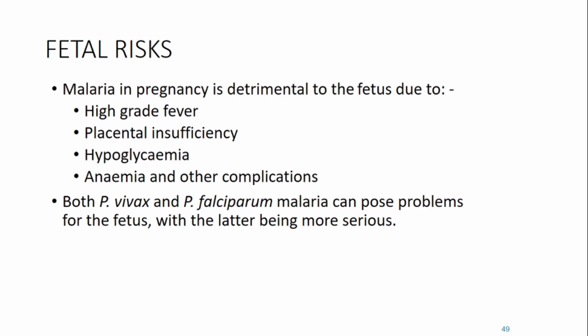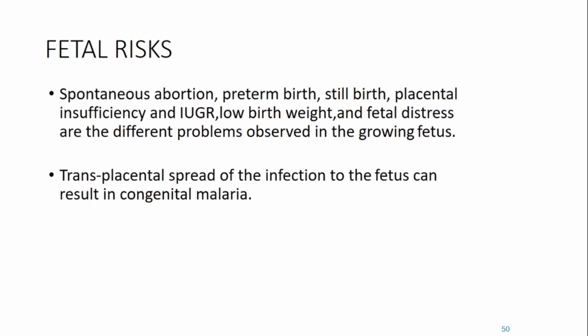So, some of the complications that may be seen in the fetus could be associated with high-grade fever. It could also be associated with placental insufficiency from the chronic inflammation at the placental bed, as earlier discussed. Hypoglycemia in the mother could also affect the fetus adversely, and maternal anemia may also lead to complications in the baby. So some of these complications include increased risk of spontaneous abortion, which may be more common